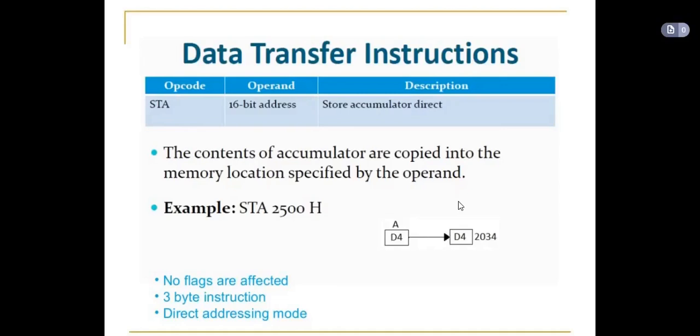And over here, no flags are affected. We will talk about flags a little later. And it's a 3-byte instruction. Why so? You have a 16-bit address over here, right? And you need another 8-bit space for your accumulator. Hence, it is a 3-byte instruction. And this is a direct addressing mode, as the memory address is directly